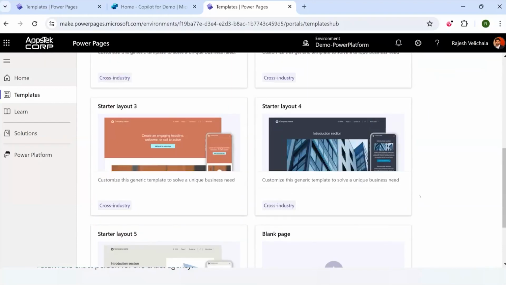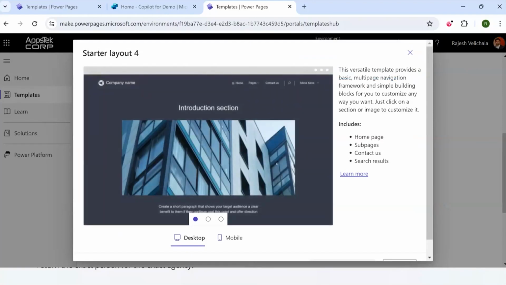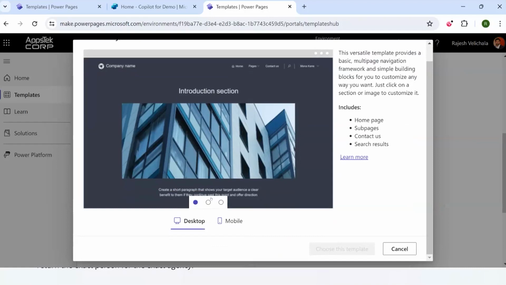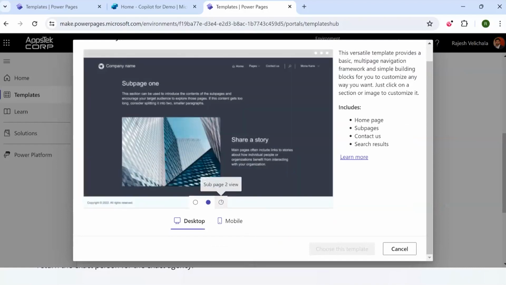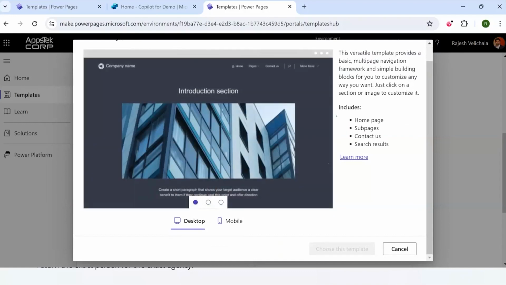So let's pick one of the layouts and start from here. Okay, so let's preview this template here. So we have a chance to look at the layout of that here. You can click on these sliders and see the different subpages or the main page, how it looks. And if you're satisfied with that,